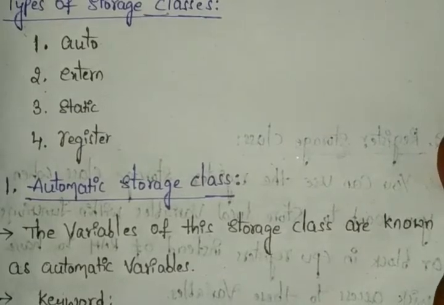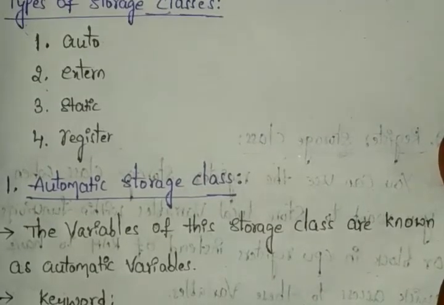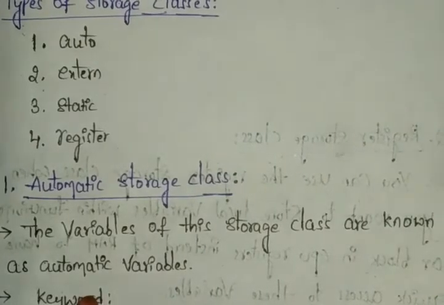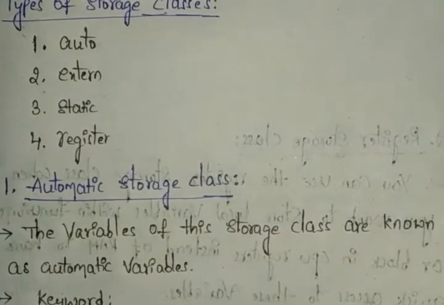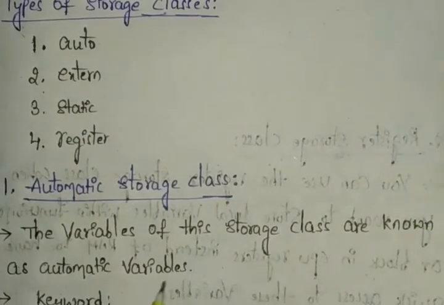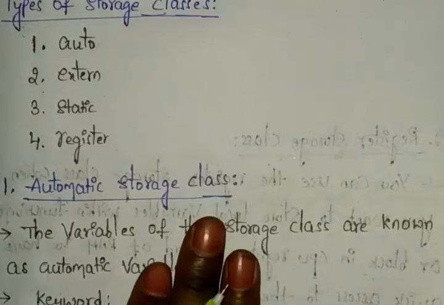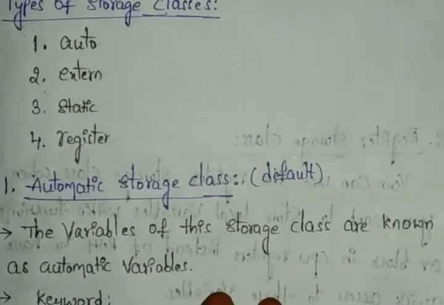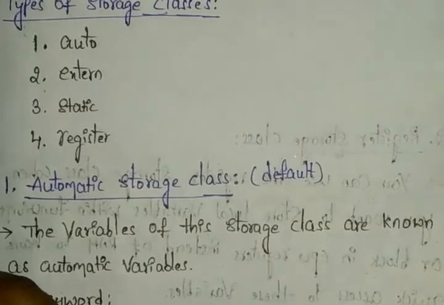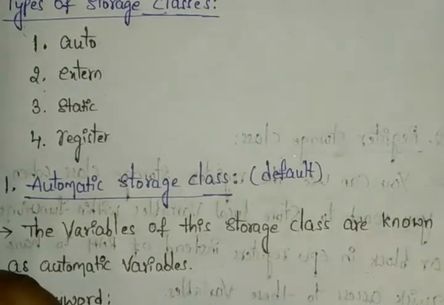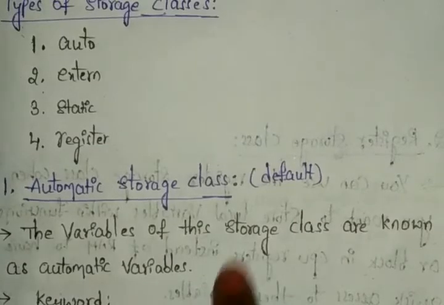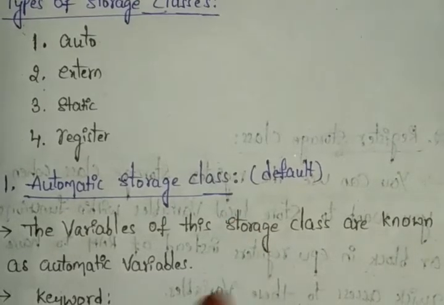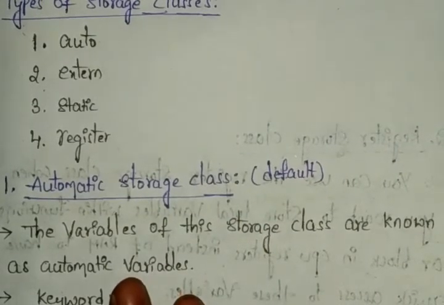variables. Whatever variables you have, we can call them automatic variables. And here, if you are declaring a variable, the variable takes the auto storage class, right? So those are the default. Remember this one. You can write default variable or else default class. And if it is not explicitly specified, meaning if the variable is not specified, it is automatically given our default value, and you can use it with local variables.